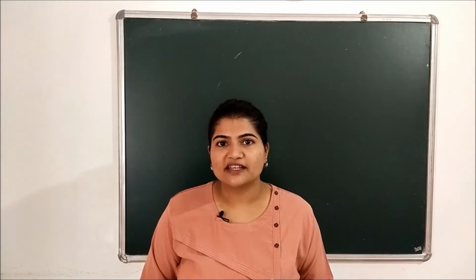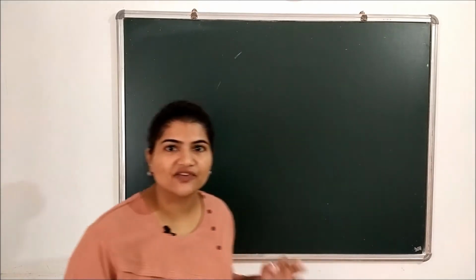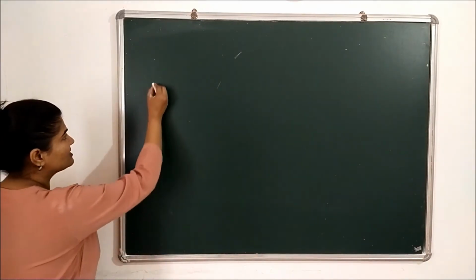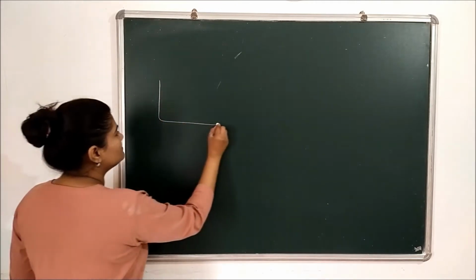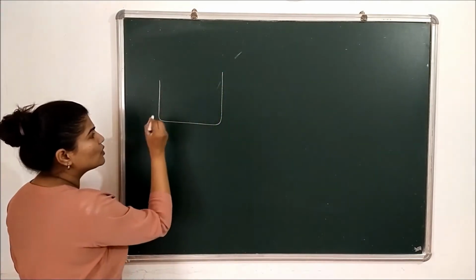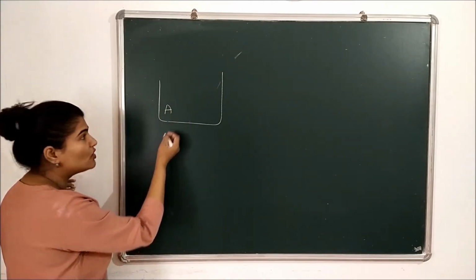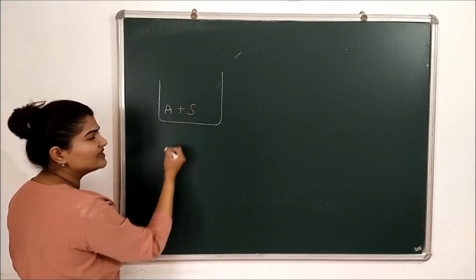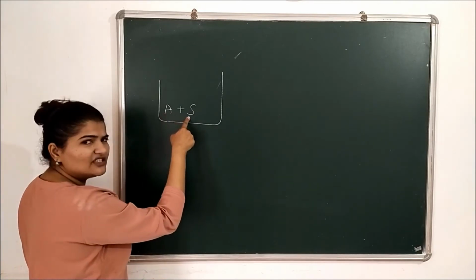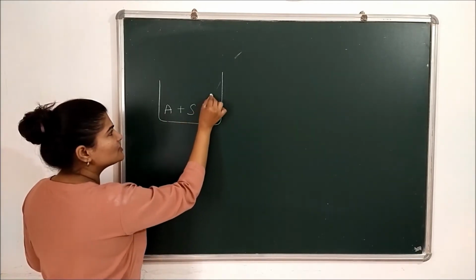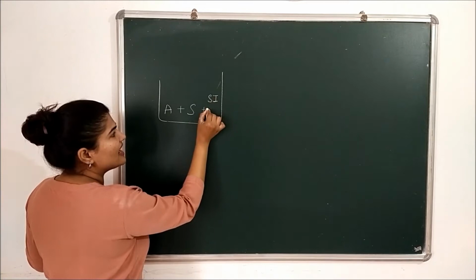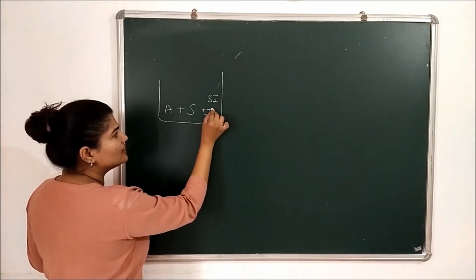First, you need to understand what we are having with us. We are having a crude sample with us. So suppose this is my crude sample. Now what must it be having? It must be having our analyte, which is dissolved in a particular solvent, and as it is a crude sample, it will have soluble impurities as well as insoluble impurities.